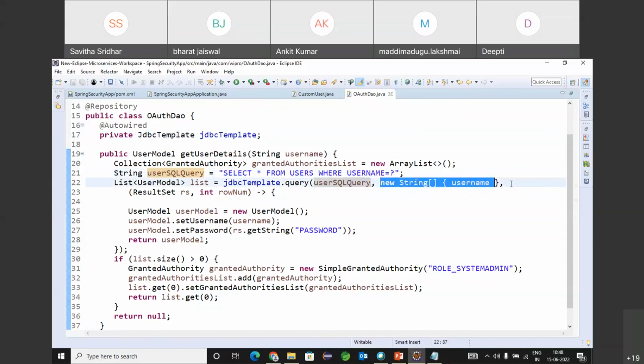And the second argument is the JDBC style parameter, right? The parameter that I have to pass. So what will be the value here? New string of username. So the username that is passed is Roger. So that is what I'm passing as the value for this question mark. So the idea is it is trying to select all fields from the users table where username is Roger. So if it is present,